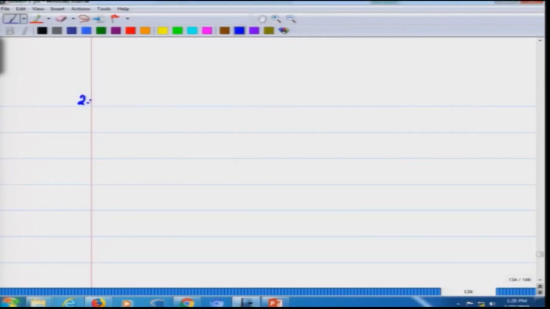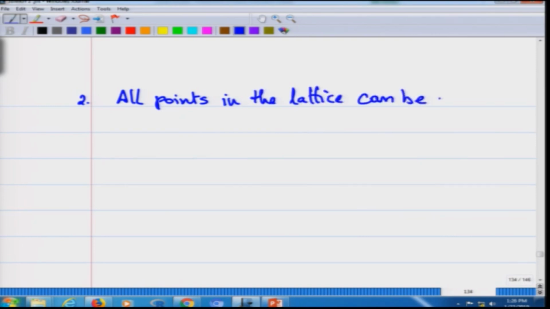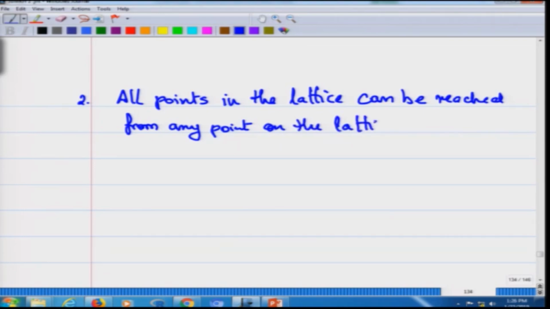The second requirement of the Bravais lattice is that all points in the lattice can be reached from any point on the lattice using the relation